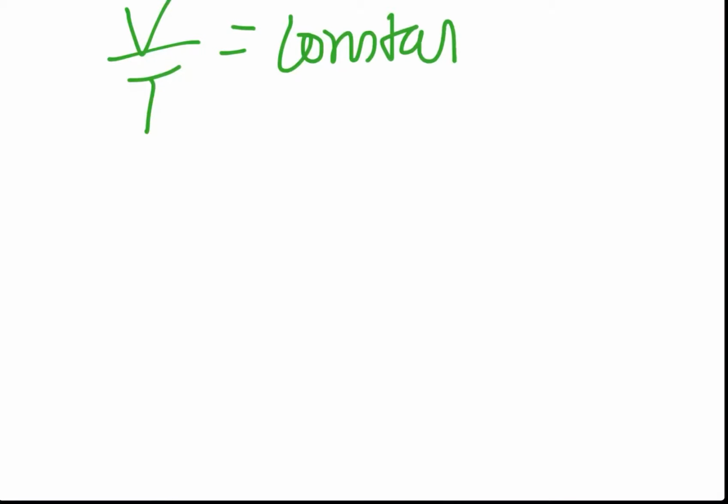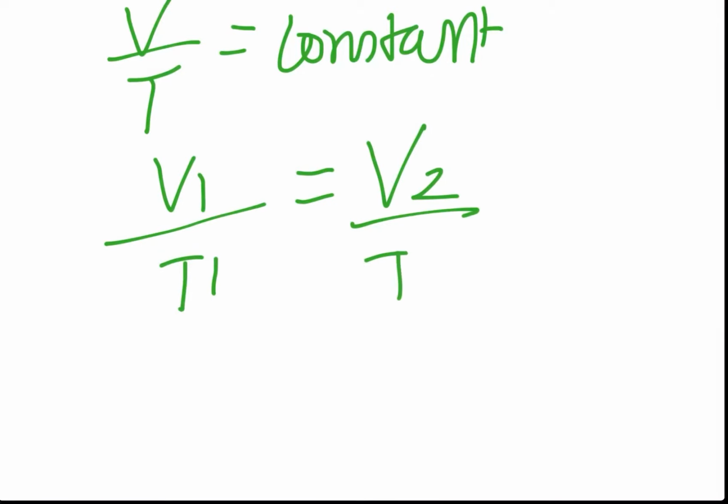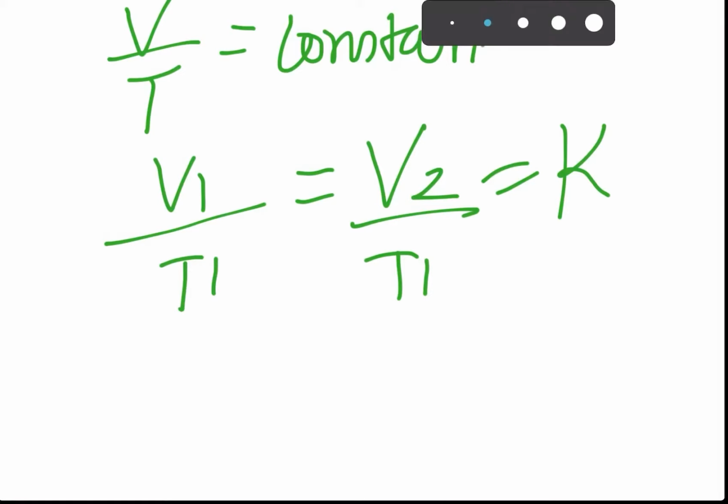So that means if I write that V by T is equal to a constant, I am actually meaning that if I have two cases, suppose at a particular pressure or at another pressure, I have volume 1 upon temperature 1, it will always be equal to volume 2 upon temperature 2, which will always be a constant value. Individually, volume and temperature can change, but dividing them, for the same gas at a constant pressure and fixed number of moles, will always give a constant.